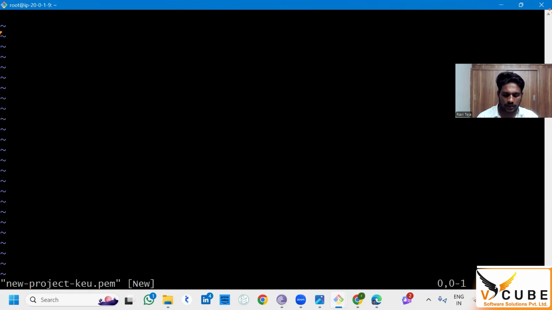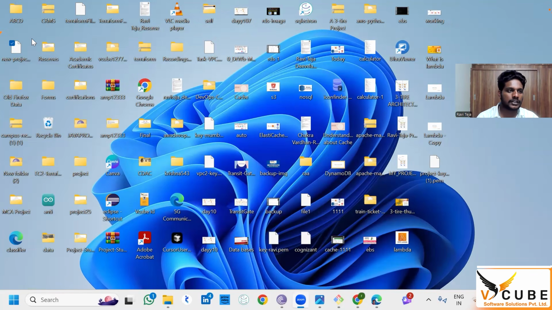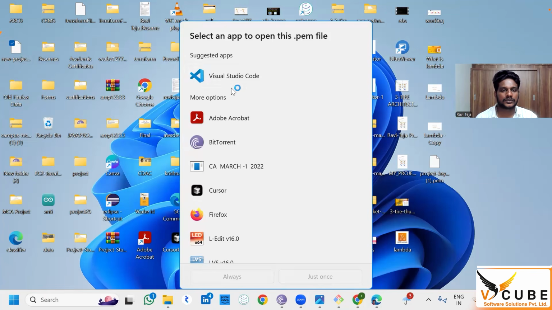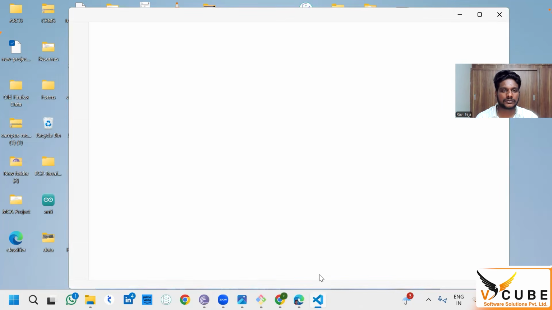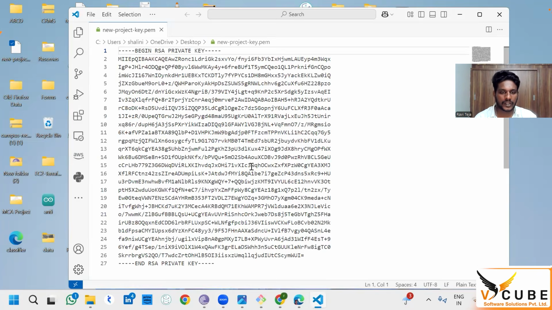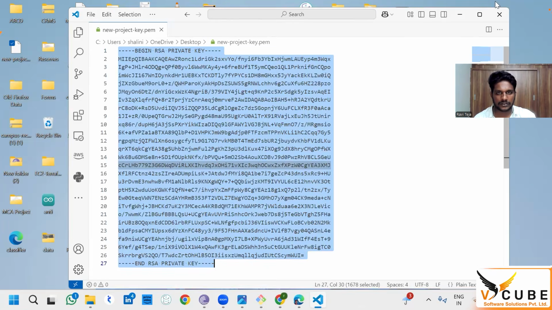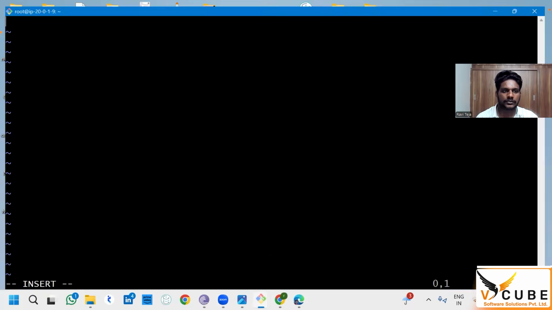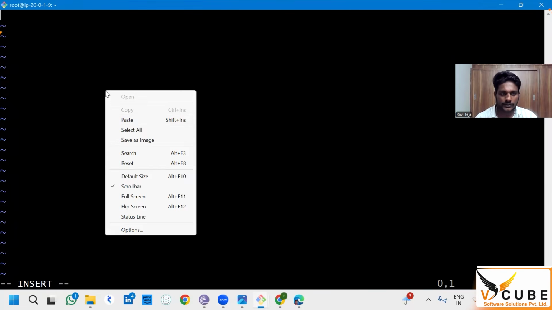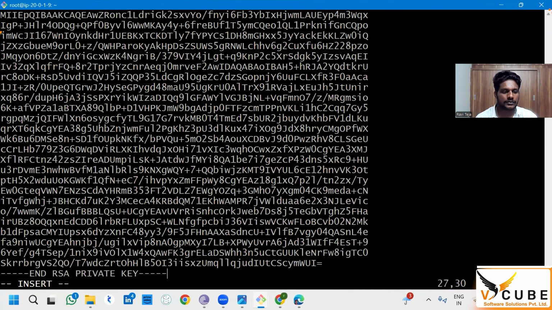Say enter, insert mode. What you are supposed to do is open this pem file. We have to copy the entire thing. Close this. From here, paste it. Okay, escape shift :wq,